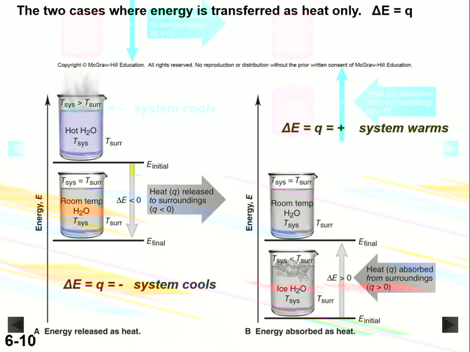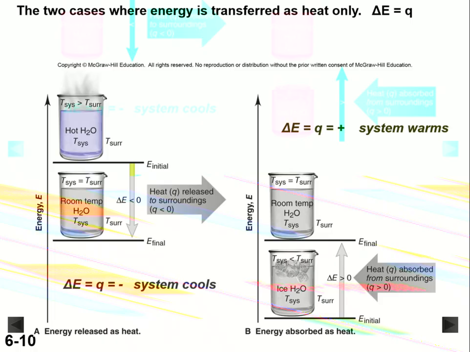So on our left-hand side, our initial state is at a higher energy, and our final state is a lower energy. This would correspond, for example, to having hot water that cools down and releases heat into the surroundings. One thing to notice here: if we had a closed system, which is what we're generally going to work with, and water was our system, we wouldn't have steam escaping because that would make it an open system. So we'll probably have a sealed container here, or something with a lid on it, to prevent the water vapor from escaping to the atmosphere.